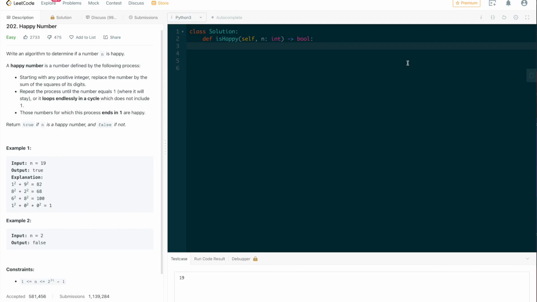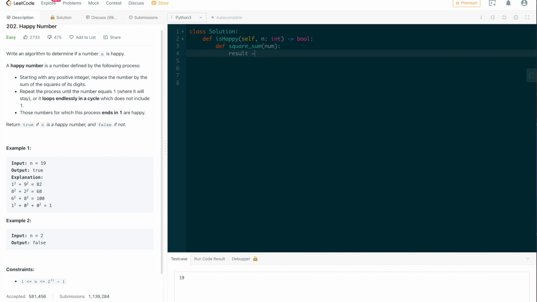So we're going to go ahead and write the code of the process that I just described, and basically what we want our code to achieve is to get the desired result: true if our number is a happy number and false if our number is not a happy number. So I'm going to have another function and name it square sum, and I'll use the variable num,